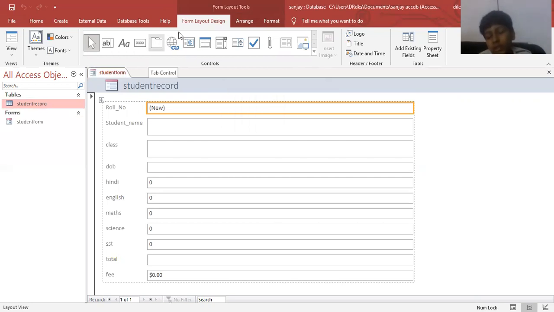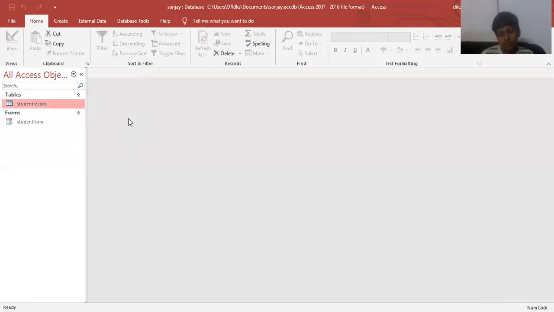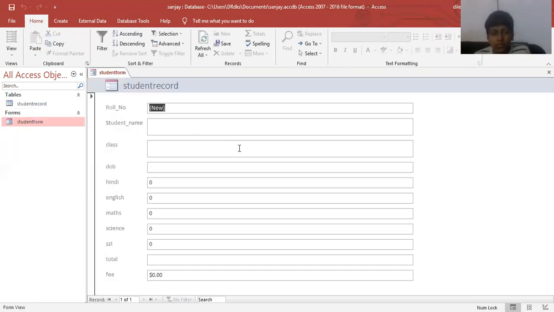And don't enter data directly in this particular section because it is the sample open in design view. So we have to close it first, then we have to open the form option again. So first you just press Control plus W to close this window. And if you want to enter the data in this particular table, just click on the form option. Just double click here. And here we get the form table.